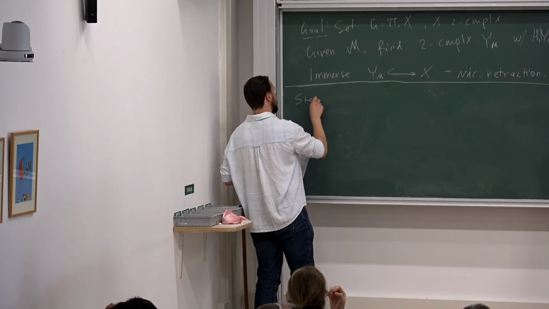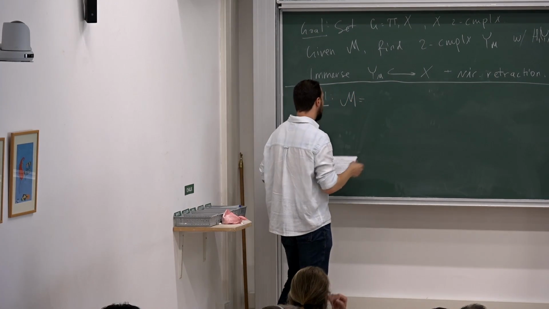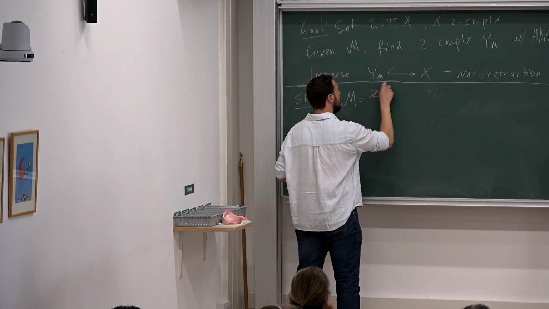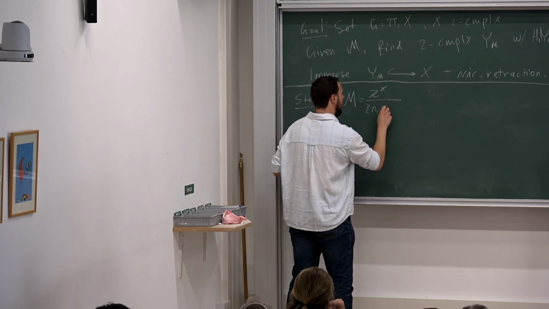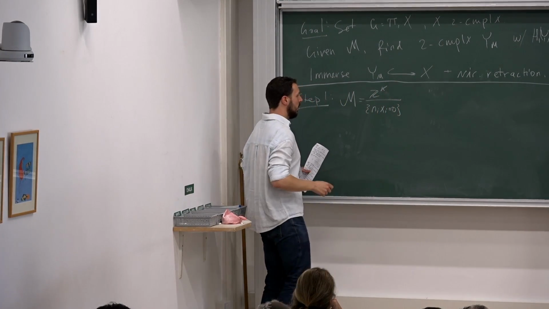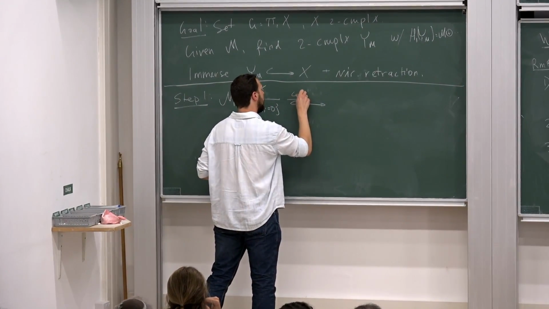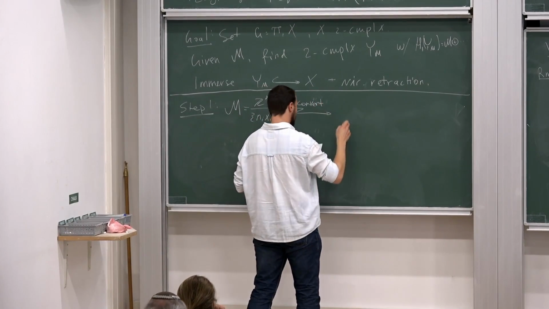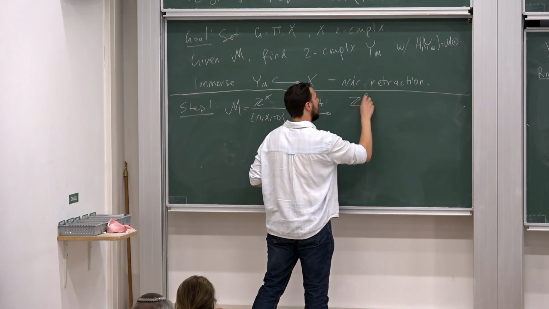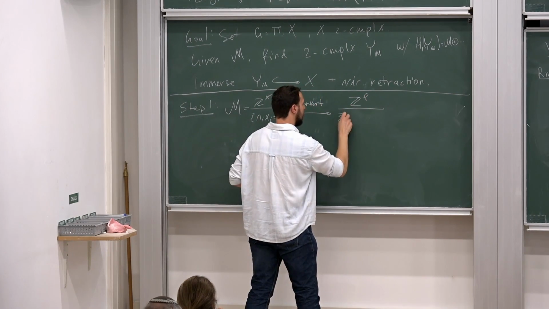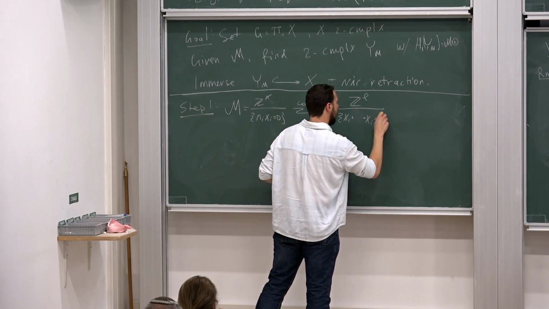So the first step, we are going to start with M, which by the structure of finitely generated abelian groups just looks like this. It's a free abelian group where we apply some constraints of the form that some power of some generator vanishes. And we are going to convert that into a system of equations that looks a bit different. And the equations that we use are ones that look just like the sum of basis elements vanishes.